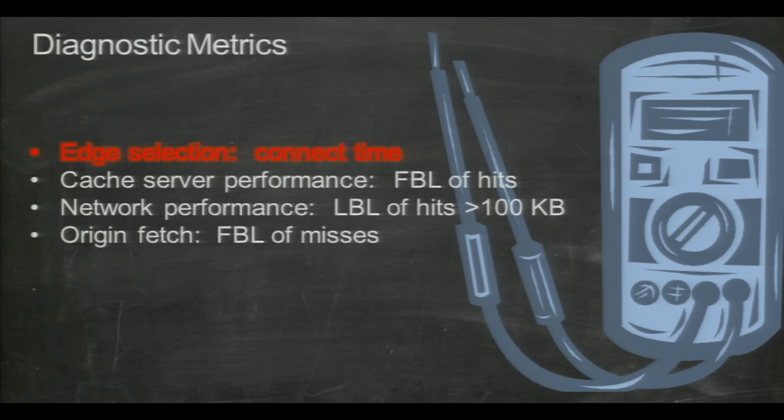As an example, it's possible to evaluate how good a job your CDN is doing at selecting an edge location for you. If you're using a CDN, you know lower latency is better. So the closer we can get the content to the user, the better we're doing. And if we look at the connect time between the client and the edge location, we can evaluate how well that CDN is doing. If we're seeing a 10 millisecond response time or connect time, we know that the CDN